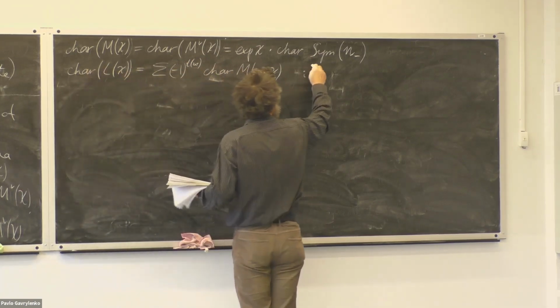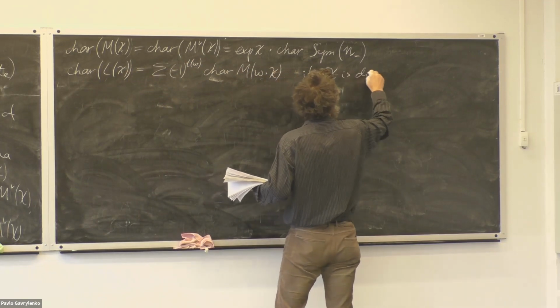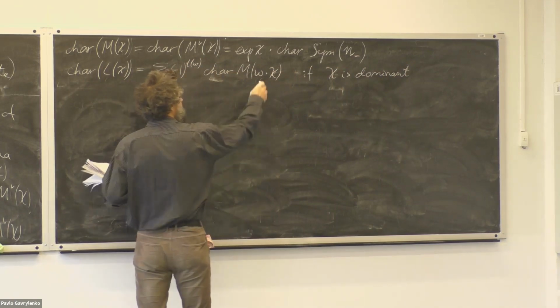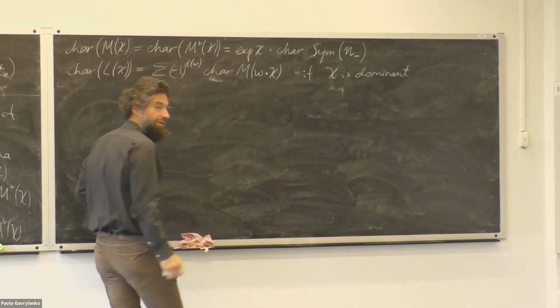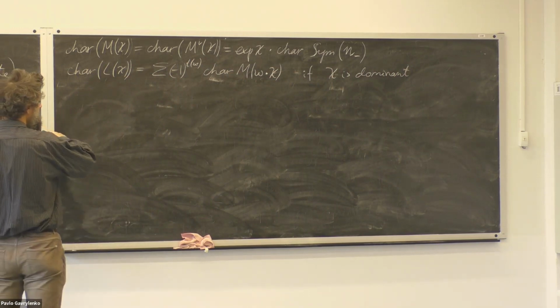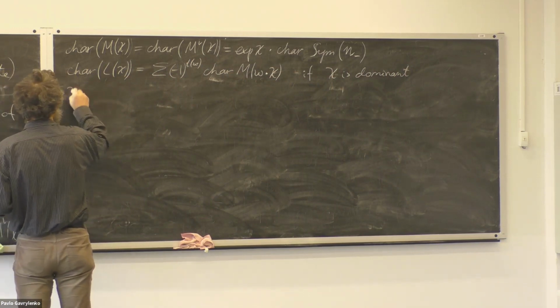So if chi is dominant, and here I mean the dot action that is centered at minus rho. Okay, but if chi is not dominant,